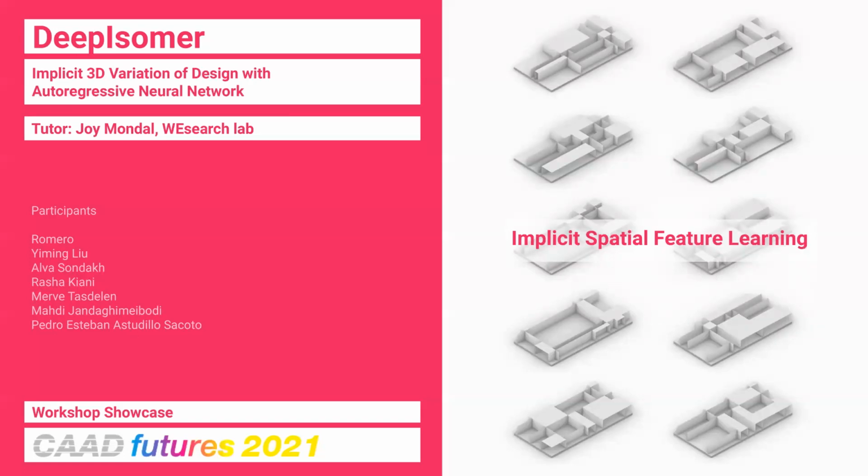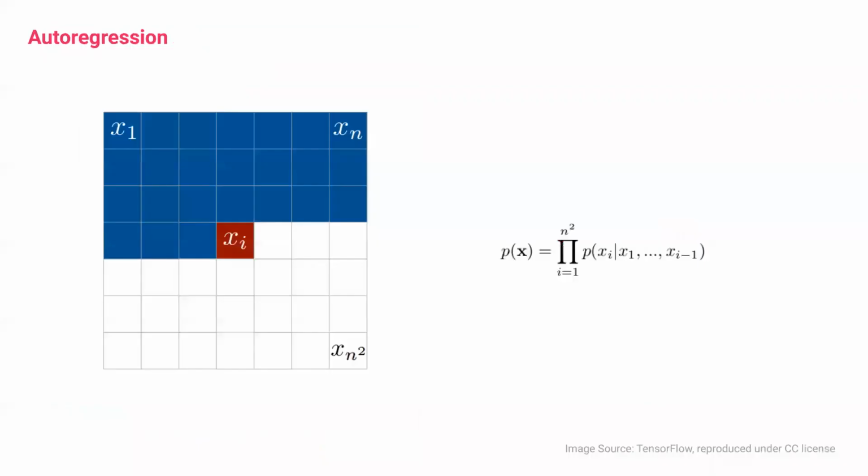And the idea, as I've said, is to learn the implicit spatial feature or the distribution of built mass in the example model and give out iterations or variations of that. Now, there are algorithms already out there called auto-regression algorithms, which do this for images. What they do is that